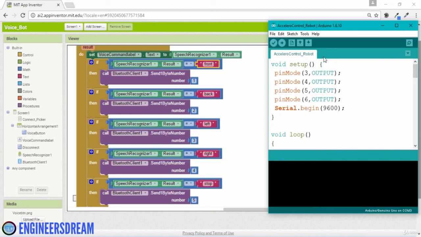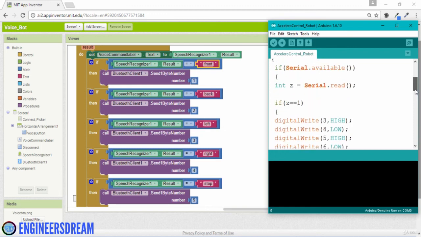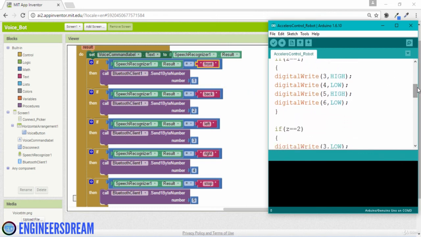So inside the Arduino program, as you can see, these 5 lines will remain as it is. Okay. After that, inside the void loop, let us first check the input condition. So when I speak the word front and if the speech recognizer result is equal to front, then the smartphone's Bluetooth will send a number 1. And when the HC05 Bluetooth receives a number 1, then my robot will move in the forward direction, that is